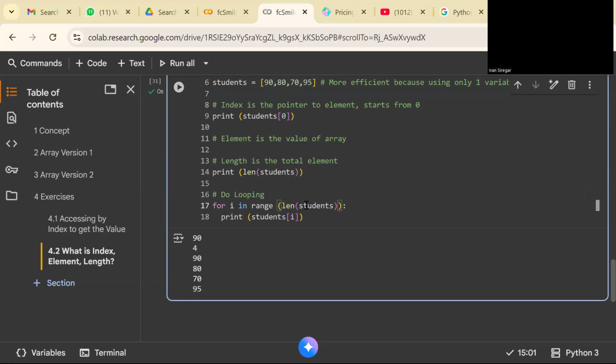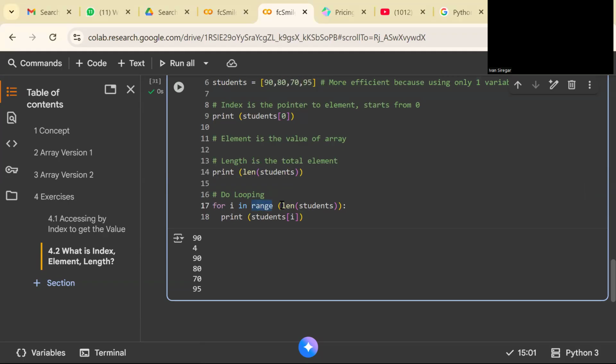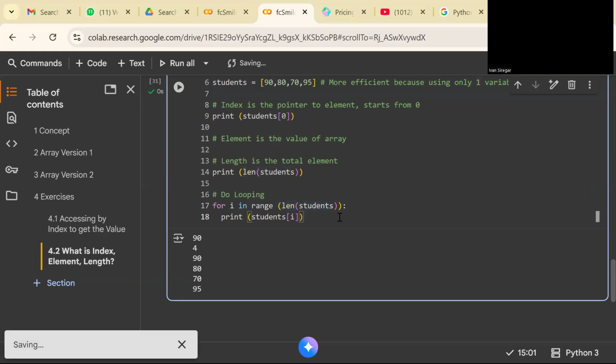Okay, I think that's all. So we have all of the elements. Okay, so this is the last part that we are discussing. Accessing the element, you can do looping over the range of the length of the array.